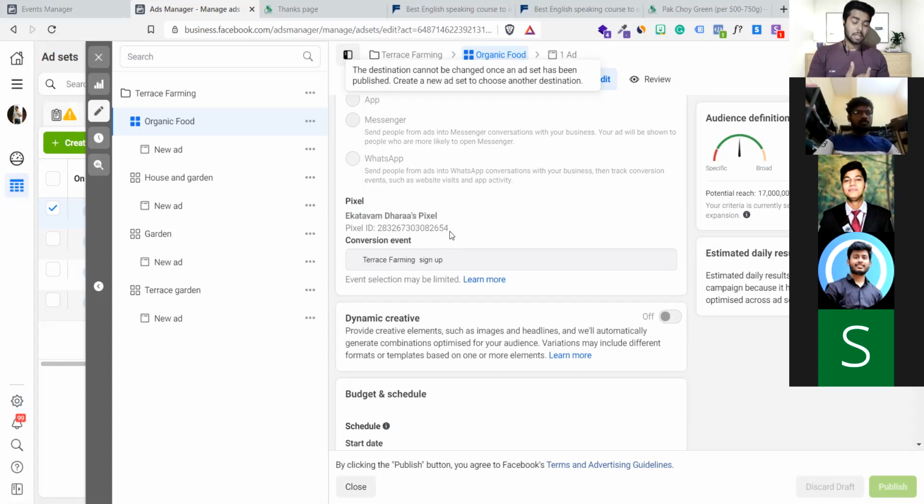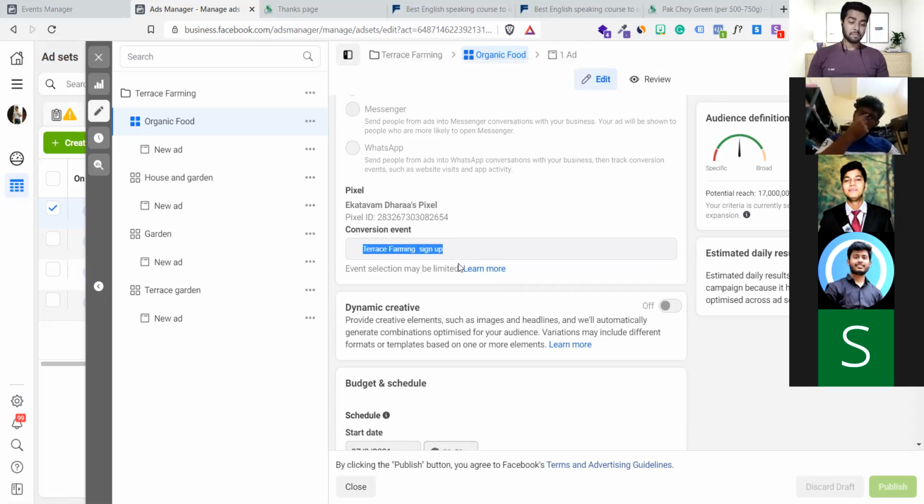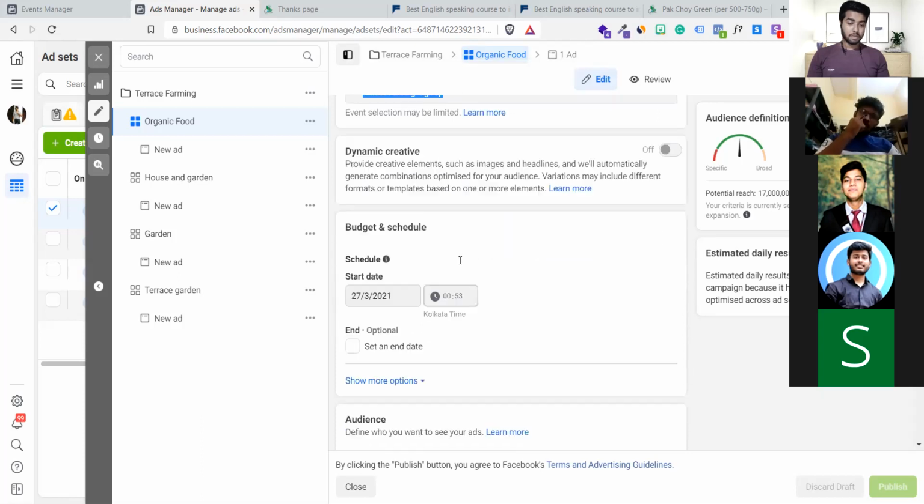You must notice that there should be pixel data and a number available. If this is not done, you shouldn't go ahead right now. You should fix the problem, then continue. Getting it? You have to tell Facebook right here, okay, this is my custom conversion, please take it and start monitoring.